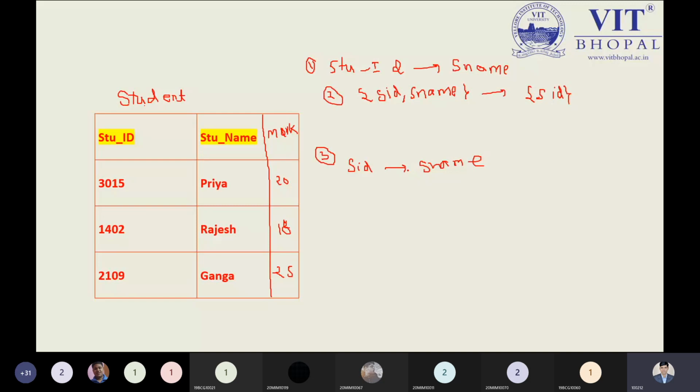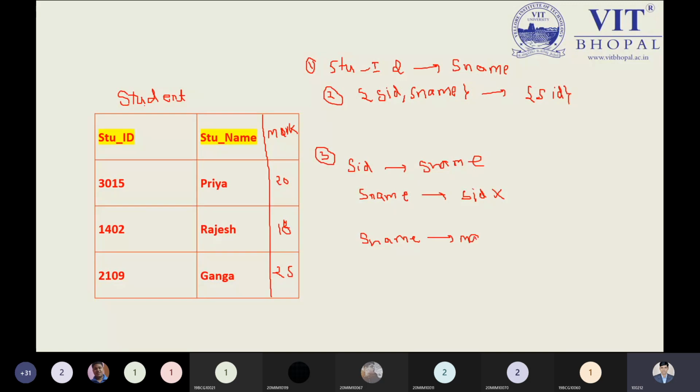So we can say this is by default the trivial functional dependency, but we are trying to understand this by the transitive functional dependency. We have this one. So student name depends on the student ID, but the reverse is not possible. It means student name determinant to student ID is not possible. This is the point you have to keep in mind. And student name depends on the student ID. And if it is so, for understanding purpose, we are seeing this example. Student name is determinant to the marks.